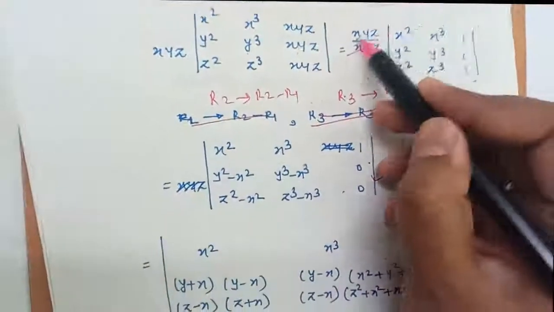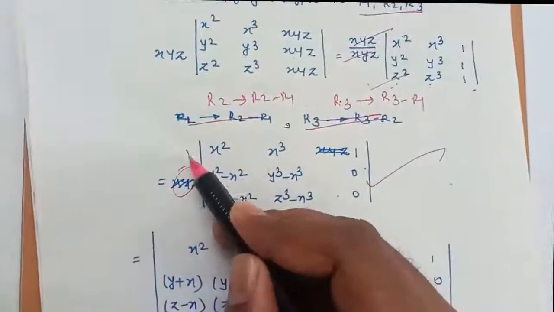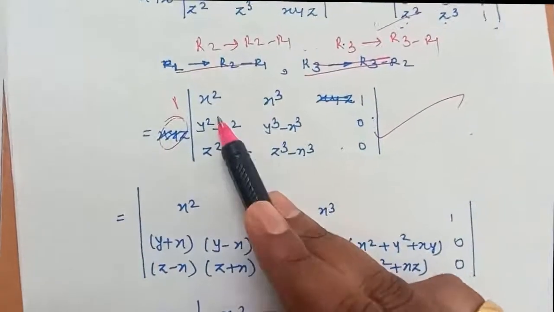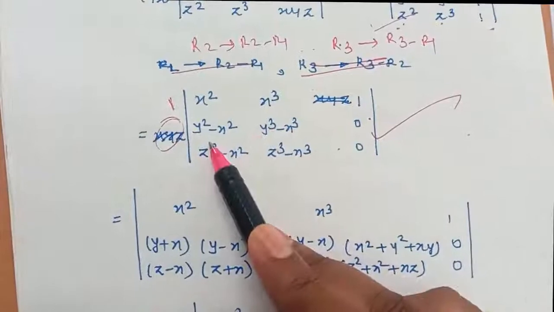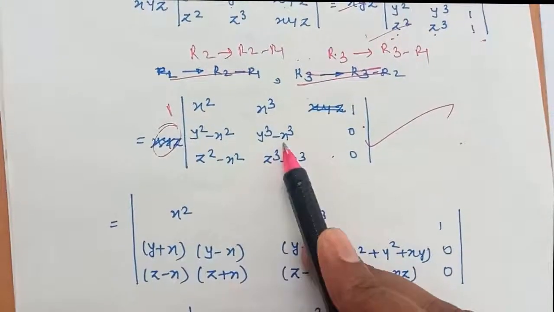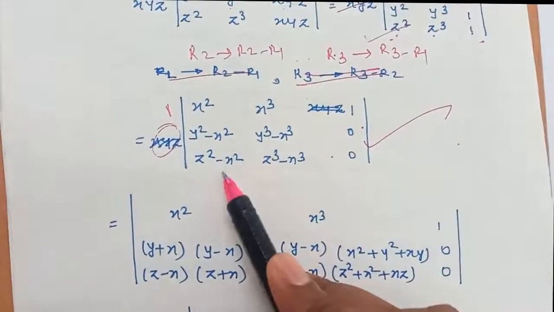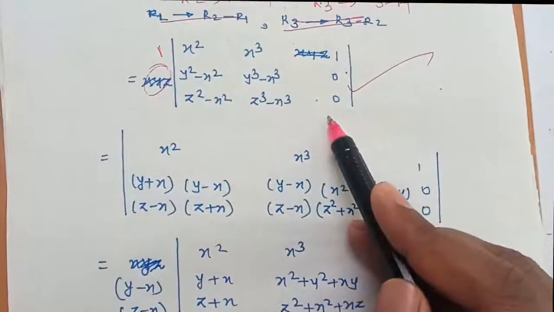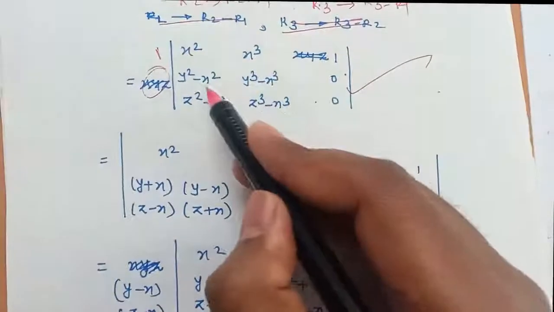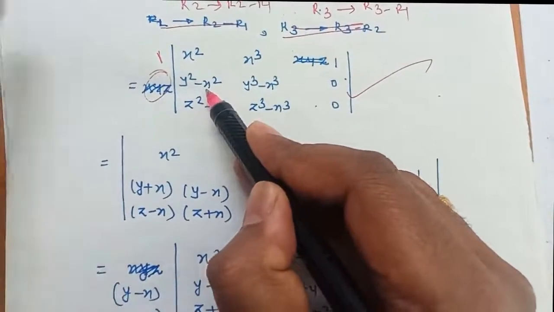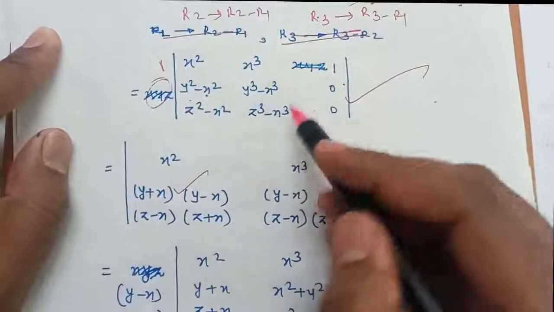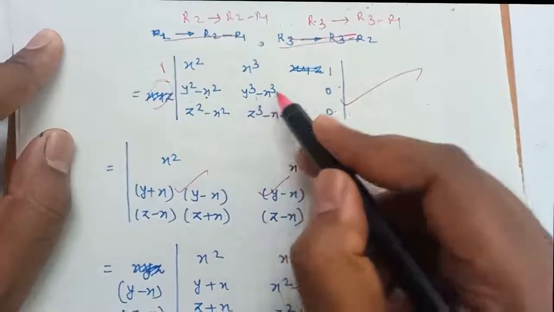Here x square is already cancelled, so only 1 will come here. Next is x cube, x square, 1 in the first row; y square minus x square, y cube minus x cube, 0; next is z square minus x square, z cube minus x cube, 0. Now this is a square minus b square, so I can write it as y plus x and y minus x. This is y minus x into y square plus xy